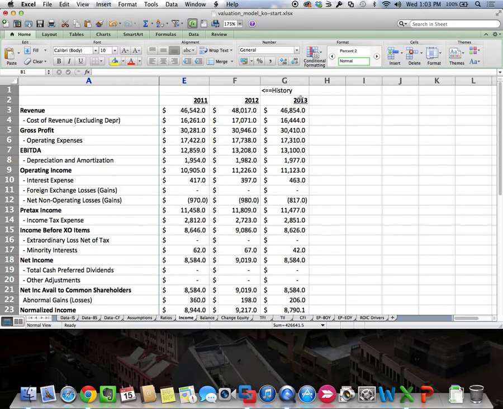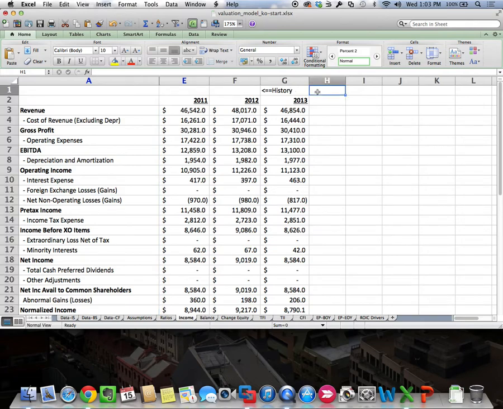So across the top, you'll see where it says history. Eventually, we're probably going to want to format these to make them a little bit nicer. But right now, I want to at least separate myself because I'm going to have basically 17 years worth of data on here in just a minute. I want to figure out what's historical versus what's forecast. So that's why I have the history on the left, and I'm going to add the word forecast and just differentiate myself that this is a forecast on the right. Okay. So again, equals previous year plus 1 for the relative reference,